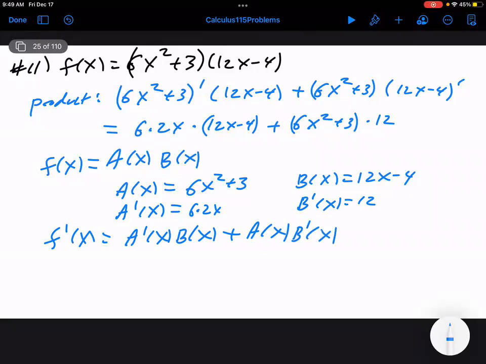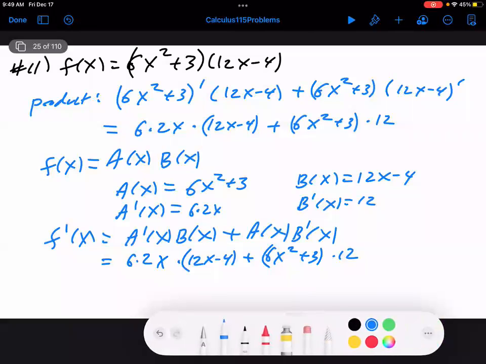And now that we have everything here, we just substitute, and we'll get 6 times 2x times 12x minus 4 plus 6x squared plus 3 times b prime of x, which is 12. And when you go slowly like this and put in all the steps, you're much less likely to make a mistake. Another solution is to expand